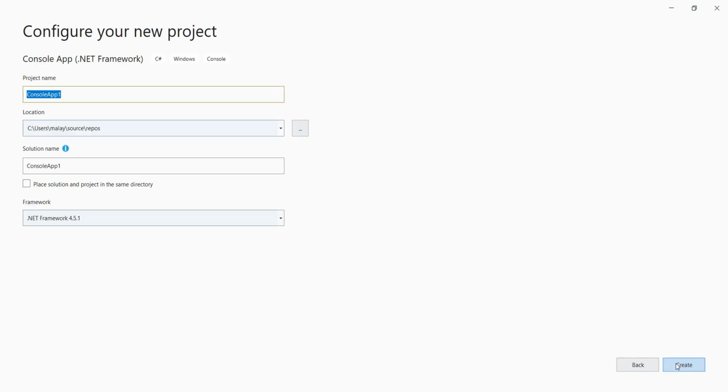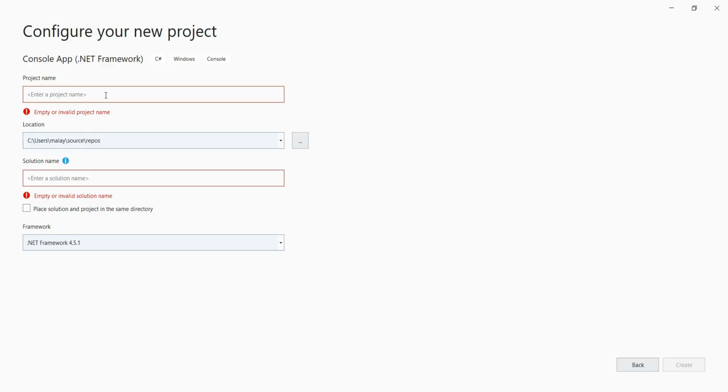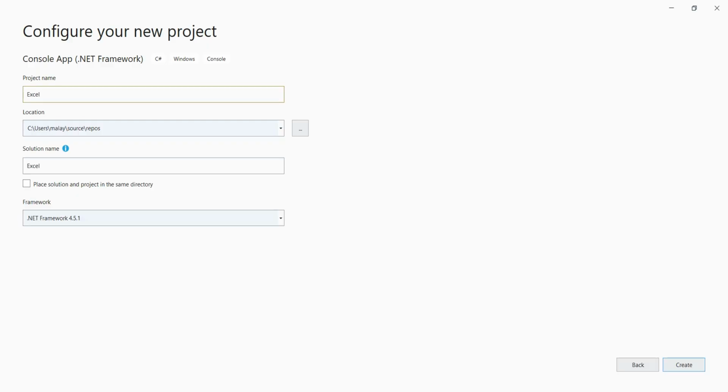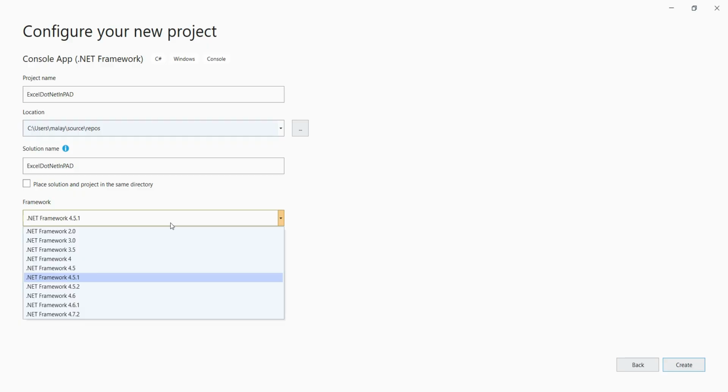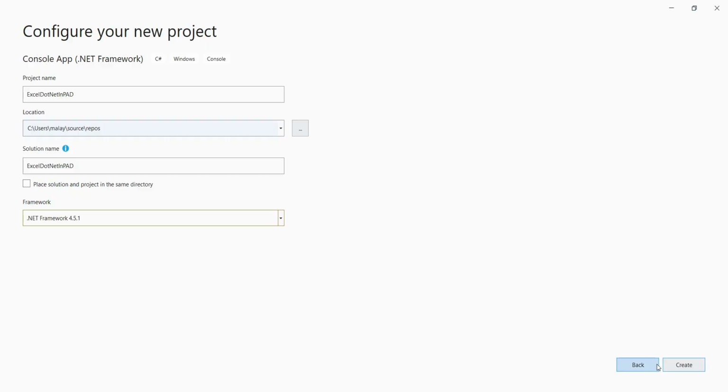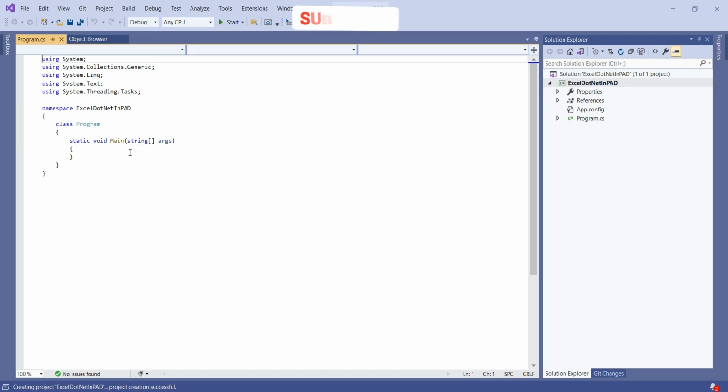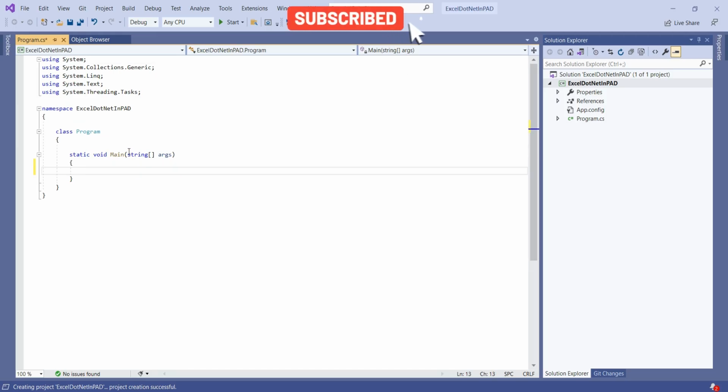I'll click on next. It will ask me for the project name. I will go ahead and say Excel.NET in PAD, which is Power Automate Desktop. You can keep .NET Framework 4.5.1. That should be just fine. Go ahead and create. Now it has completed the basic scaffolding and has given us the program.cs file, wherein we are good to start